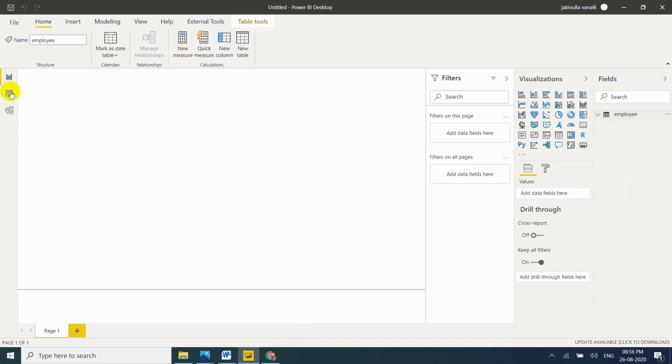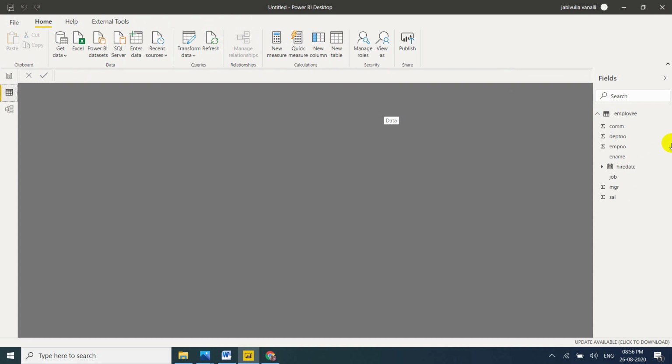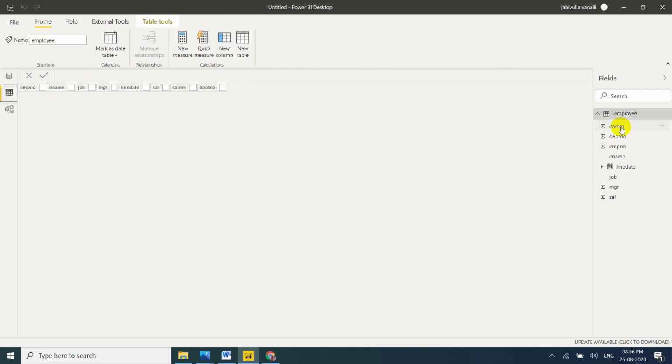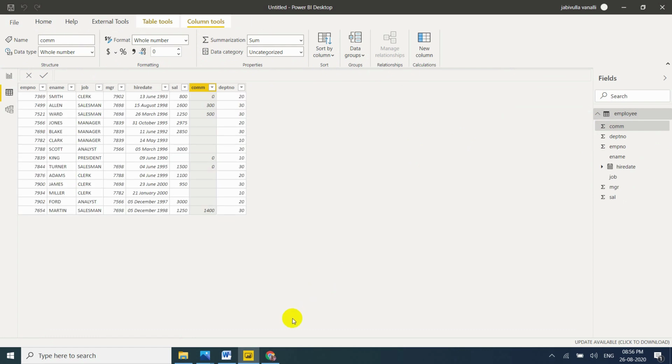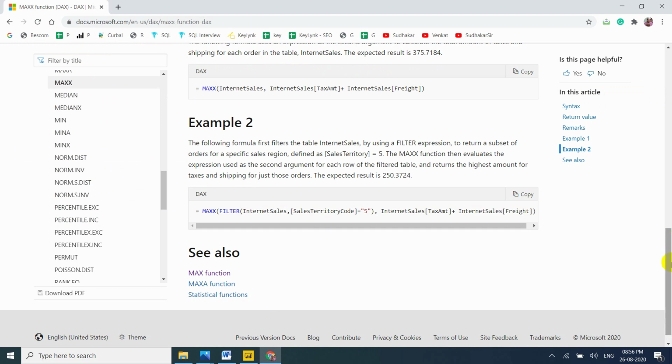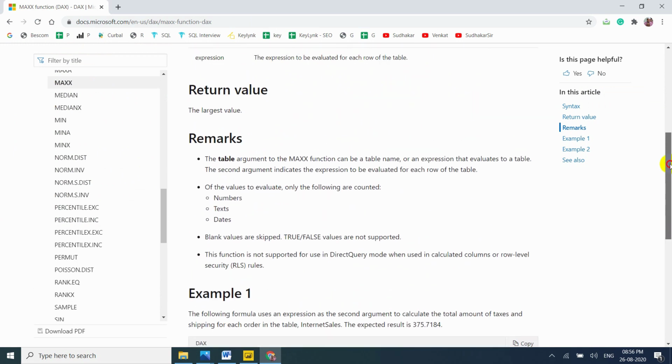Now go to data view. The MAXX function will work for numbers, text and dates.